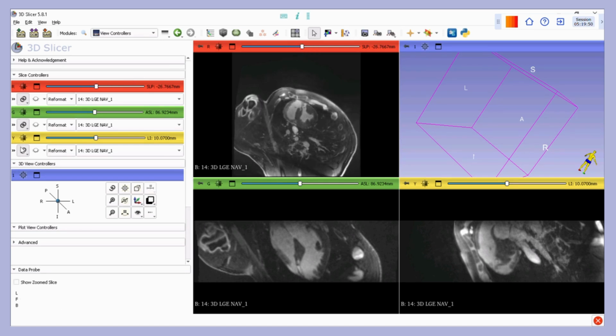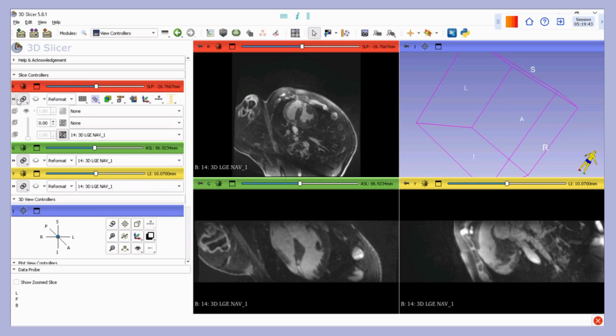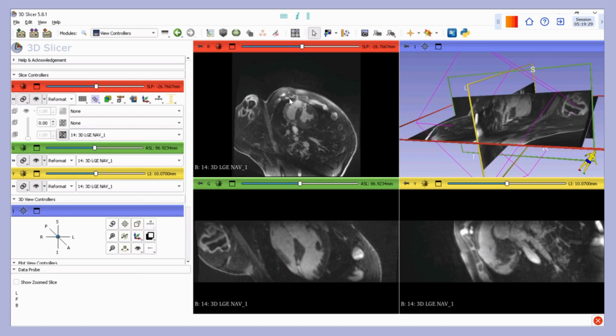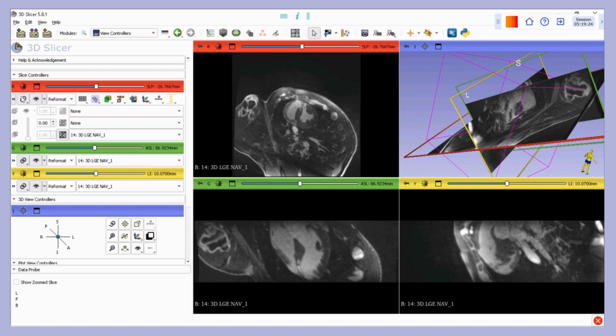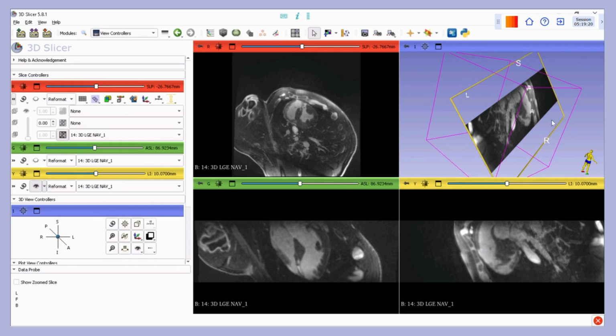The link icon essentially means that if you change anything or add anything to this one, it'll apply to all of the other ones as well. So if you use this drop down right here and add an overlay, it'll apply to all the views. So add an overlay image, it'll lay on top of this view and this view, even if you just do it for the axial view. You can view this eye right here, and this will show it to you in the 3D view. So this right now shows all of them because they're kind of linked together. But if I unlink them, then I can just view a single view depending what I want on the